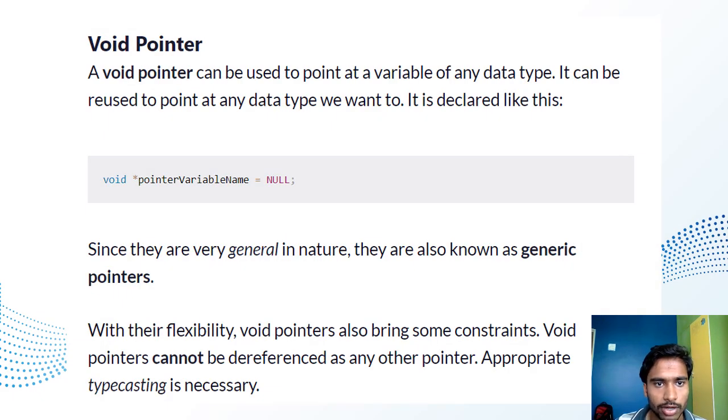Void pointer. A void pointer can be used to point at a variable of any data type. It can be reused to point at any data type we want to. It is declared like this: void *pointer_variable_name = NULL. Since they are very general in nature, they are also known as generic pointers. With their flexibility,